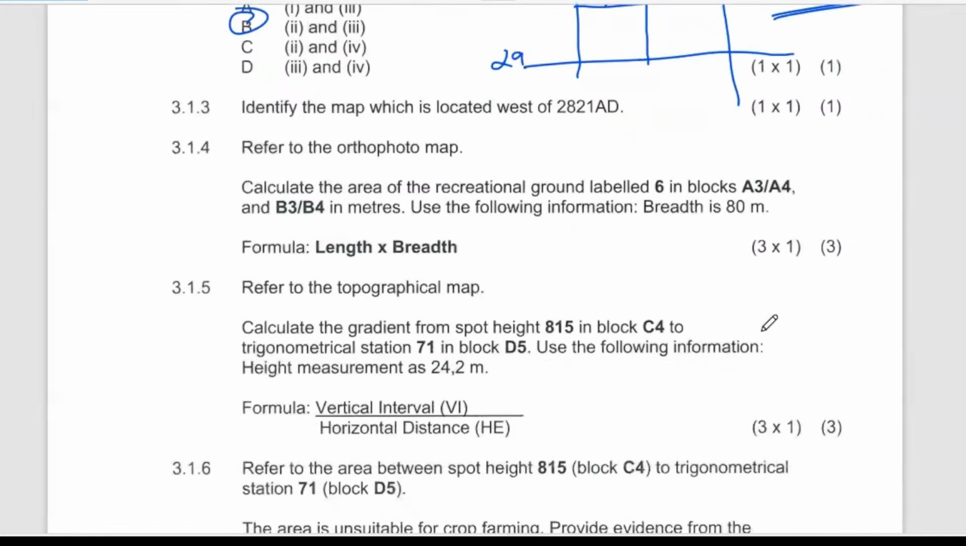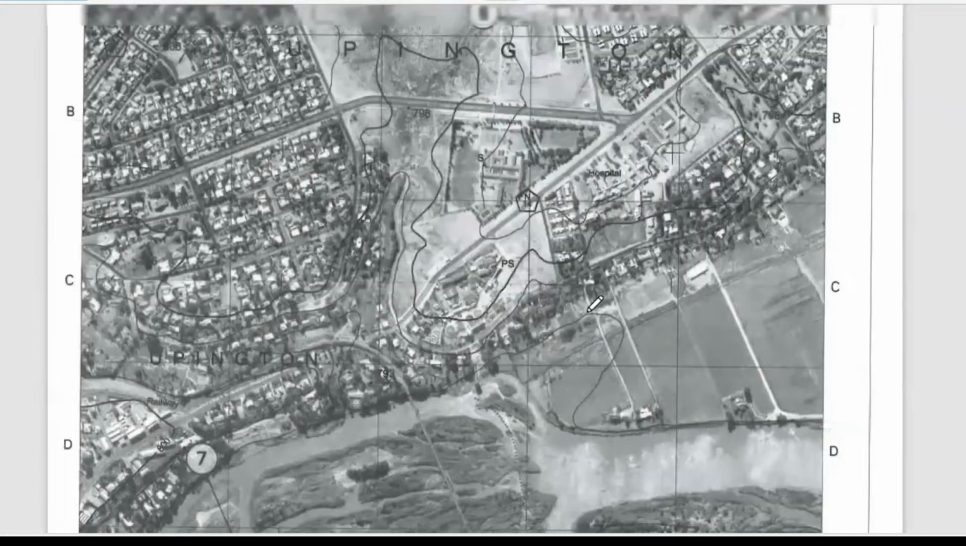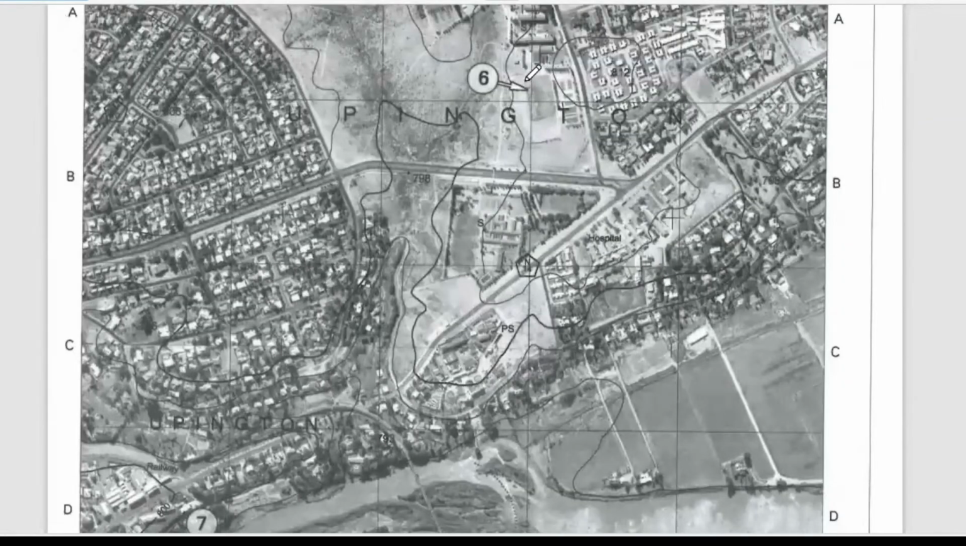Refer to the orthophoto map. Calculate the area of the recreational ground labeled 6. Right, let's check on the area labeled 6 on the orthophoto map. This is our area labeled 6. We have this recreational ground, this one here. Right, this is the area that we want. The question is saying calculate the area of the recreational ground labeled 6 on the orthophoto, in blocks A3, A4, and B3, B4, in meters. Use the following information. The breadth is 80 meters. So the breadth, it means this is the width, which has been measured for us as 80